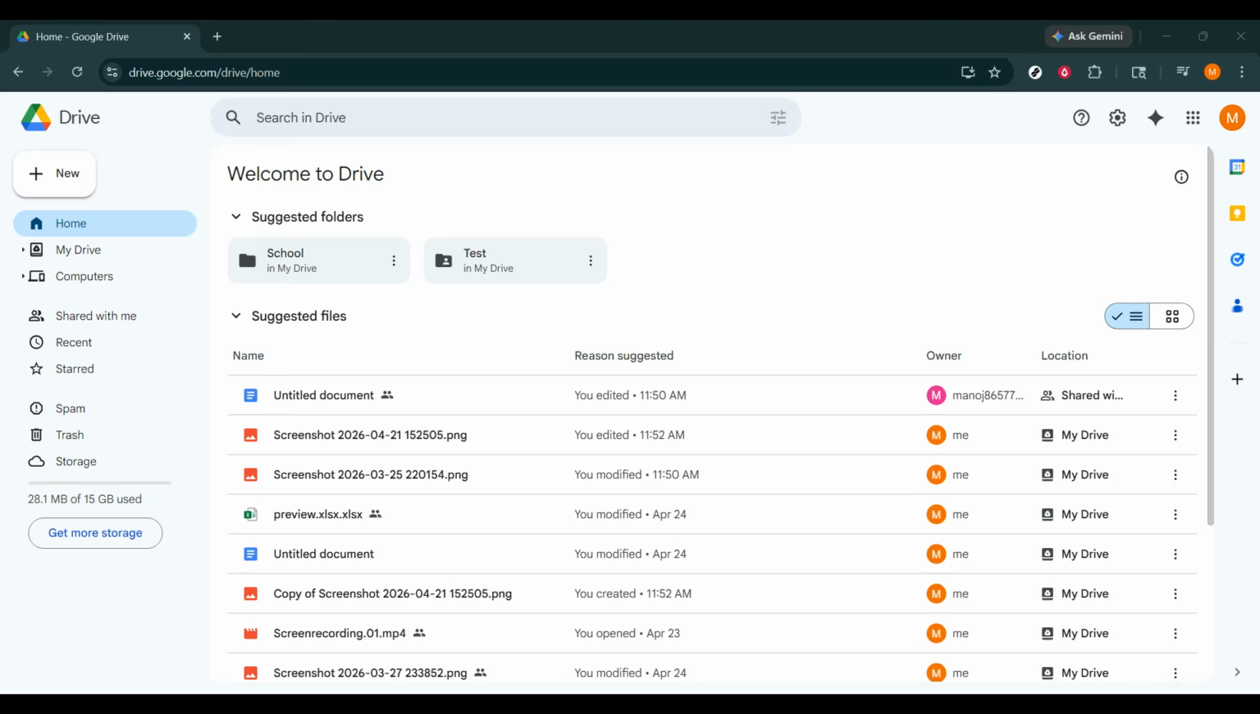If you want to give someone access to a Google Drive link, this video will show you the fastest and easiest way to do it. Whether you're sharing a document, a folder, or a file, the steps are very simple. And once you know them, you can control exactly who can view, comment, or edit your content. This is especially useful when you're working with teammates, classmates, clients, or anyone who needs access without you sending the